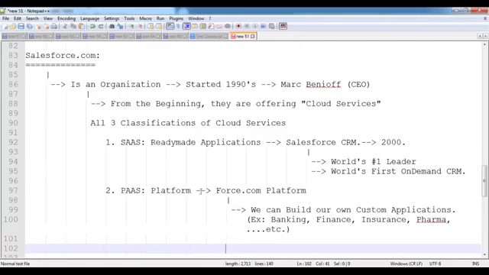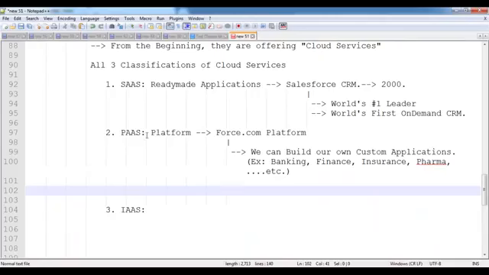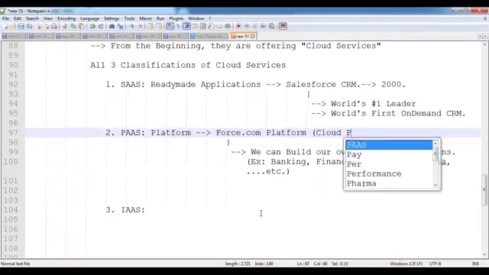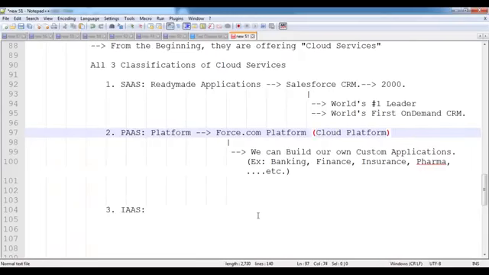So by using this platform as a service, Salesforce is providing a ready-made cloud platform, which can be accessed over the internet, and which is used to build our own custom applications, like banking applications, finance applications, insurance, pharmaceutical, manufacturing, consulting, construction, like that, any kind of application we can develop.